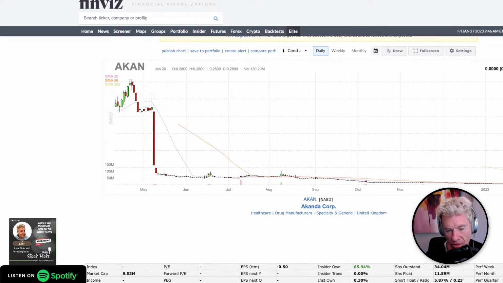It looks like it's 5% shorted. Performance this month to date, it's up 97%. Year to date is up 87%. Somebody knows something, something's going on within that company to drive this, or it's just literally a pump and dump kind of scheme, which happens a lot with momentum trading. And all you got to do is make sure you're out.